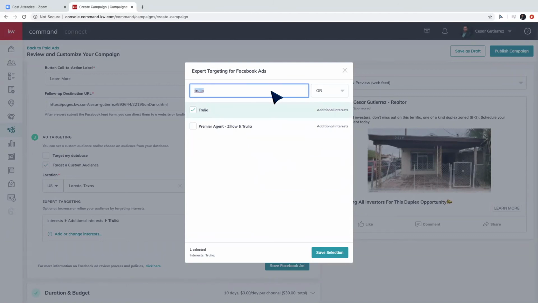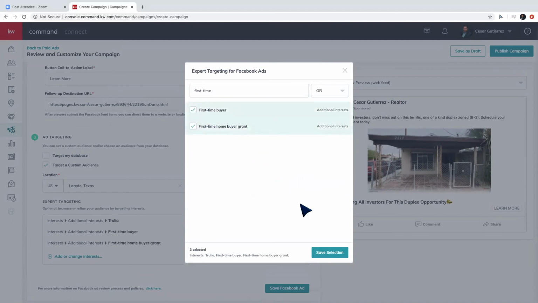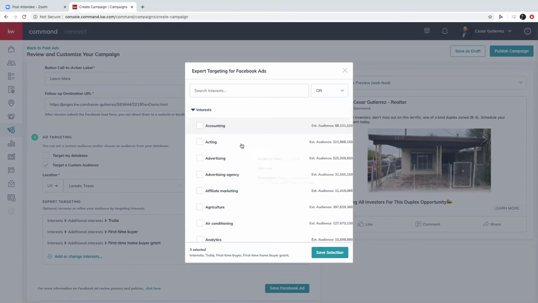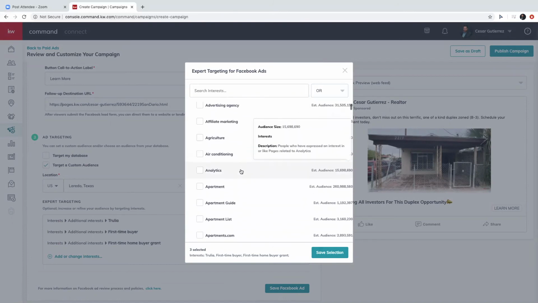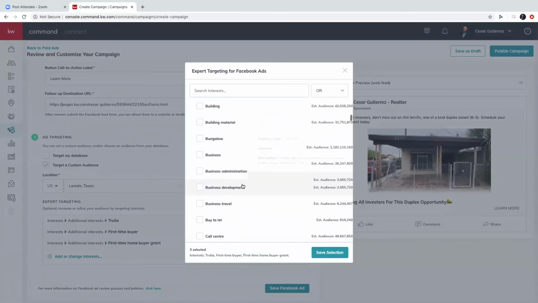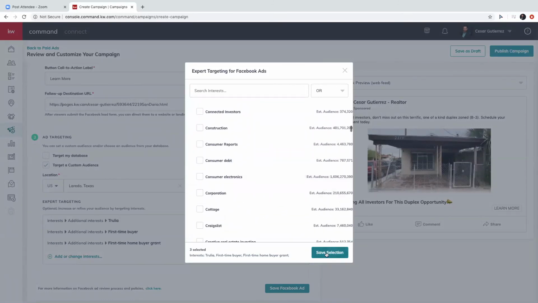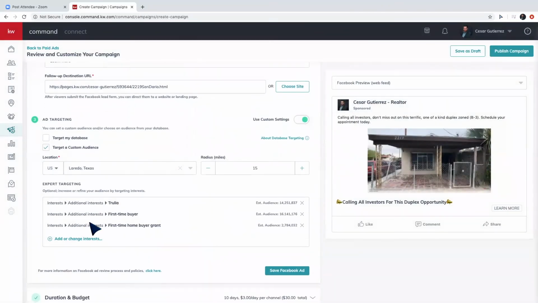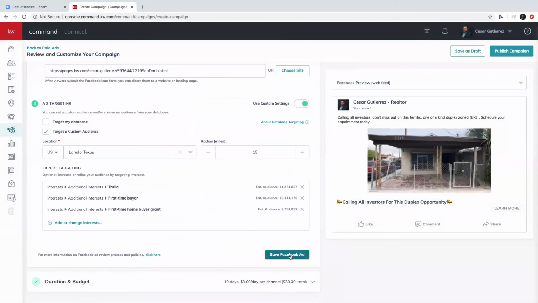Okay, so I know there's first-time home buyer, and you can put both of these. Okay, and if it's going to be your first time, I recommend you scroll through all these. I know it's a good amount of them, but that way you can write down which ones you like, or you can just type here to see if anything comes out that you like. So once you're done with selecting your items, you save your selection of interests, and save the Facebook